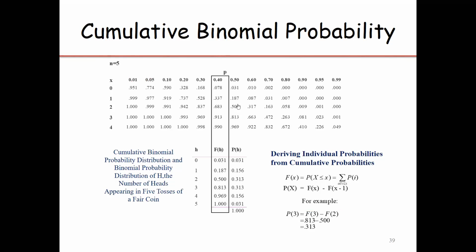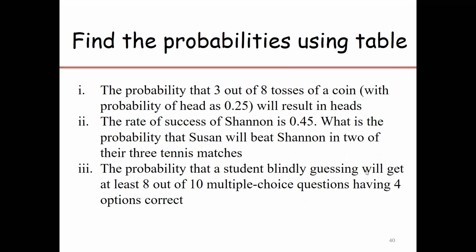So you have to think whether the table is a cumulative table or a simple table. If it is a cumulative table, you have to take the decision according to that. If it is a simple table, then you can find out the probability directly. Like this is the simple probability: 0.03, 0.15, 0.33, 0.31. If I add these cumulatively, then we have these numbers. So this is cumulative, this is simple. Now you can find out these probabilities. I am just skipping these.